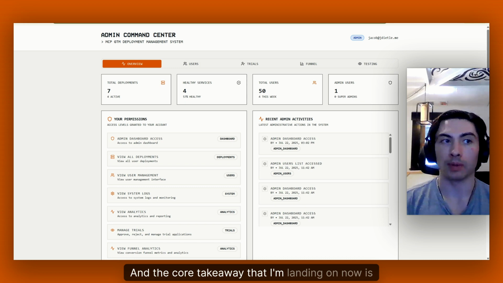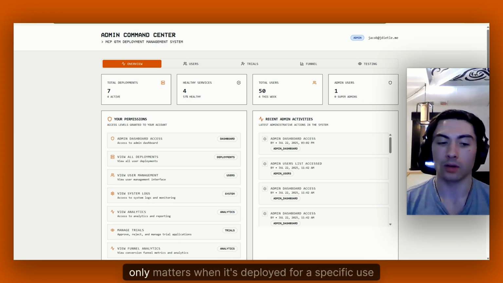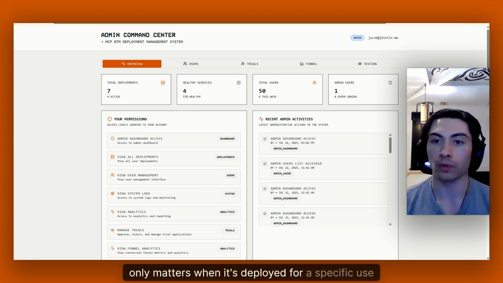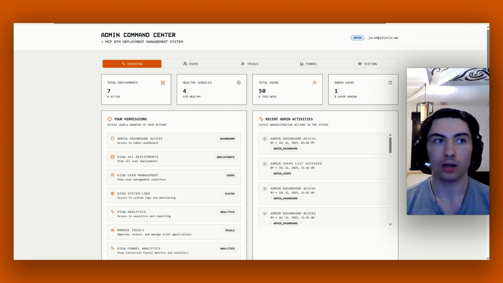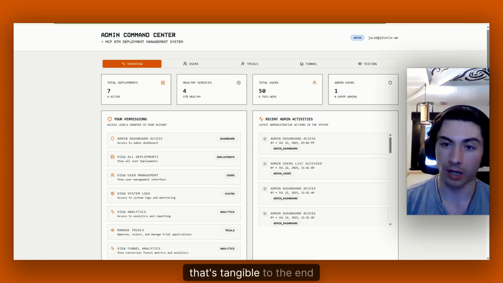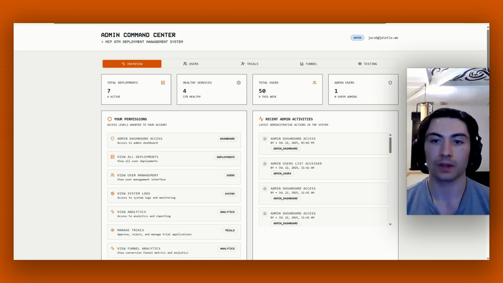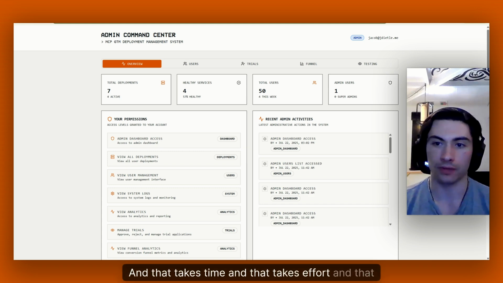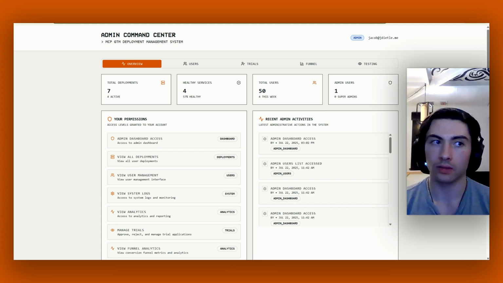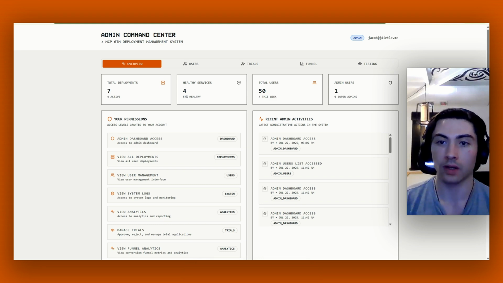And the core takeaway that I'm landing on now is that it only matters when it's deployed for a specific use case that's tangible to the end user or client. And that takes time, and that takes effort, and that takes deep understanding,